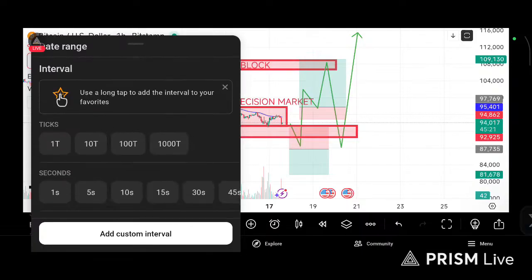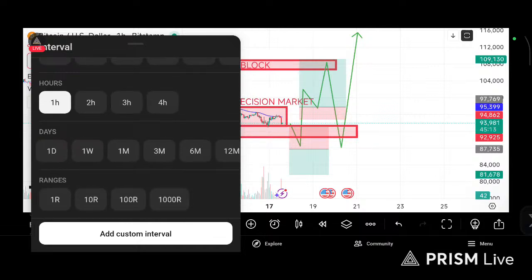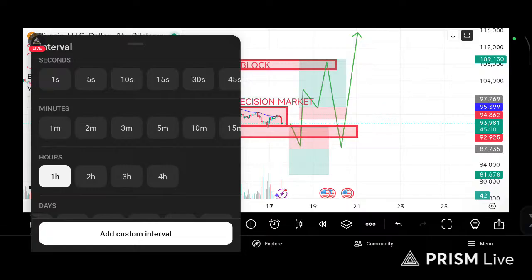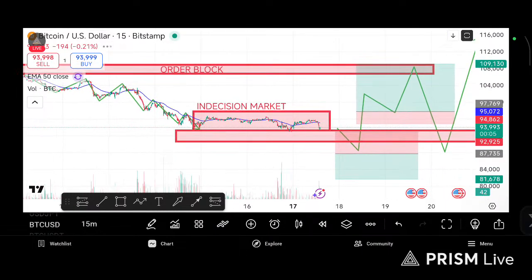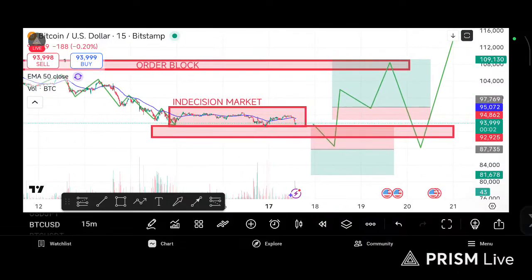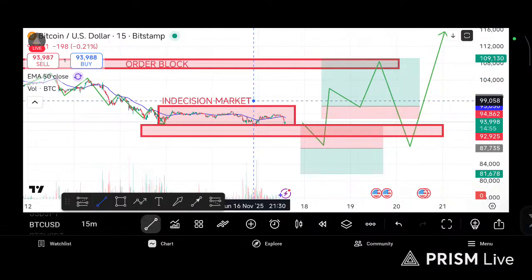Since it has not broken yet, once it breaks, we go to the 15-minute time frame. You see the market is still consolidating. After that, we move to the 15-minute time frame and set. So we can say that when the market reaches 97,619, we take a buy, right? And once the market reaches